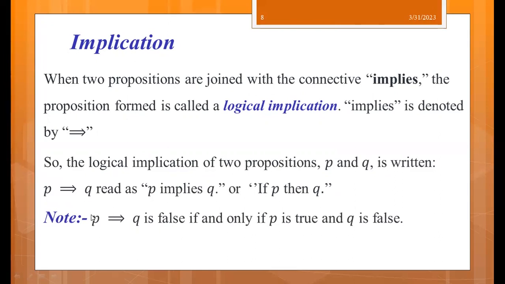That means the only possibility for this logical implication to be false is that the first statement, the if statement, must be true, and the conclusion, the second statement, which is Q, must be false. Except for this one, the logical implication will have a truth value which is true. Using a truth table for this one, we have